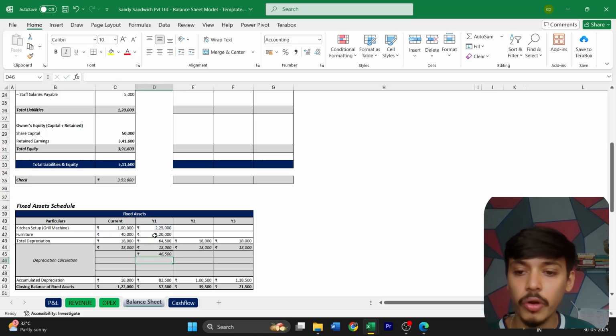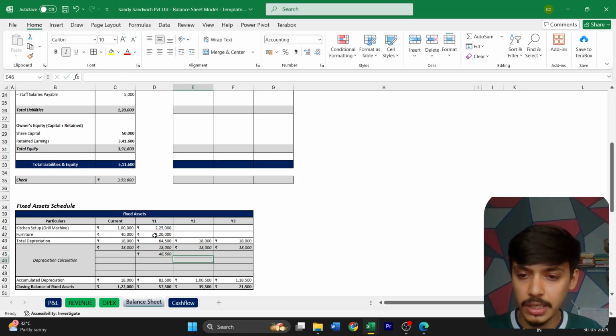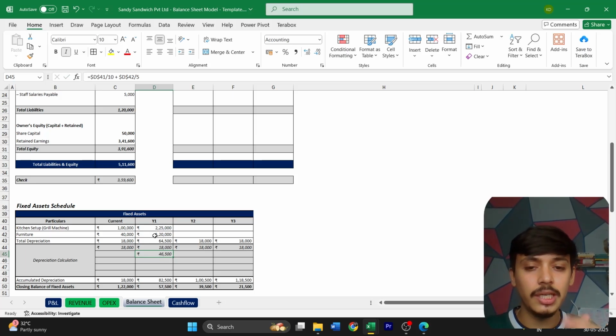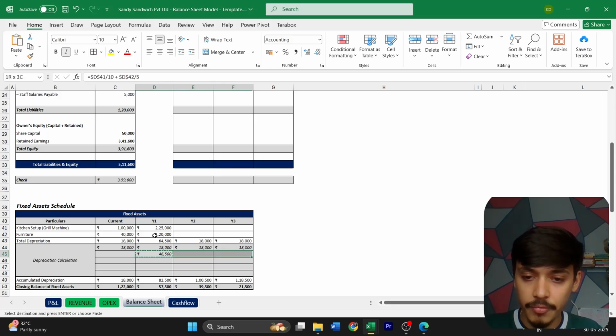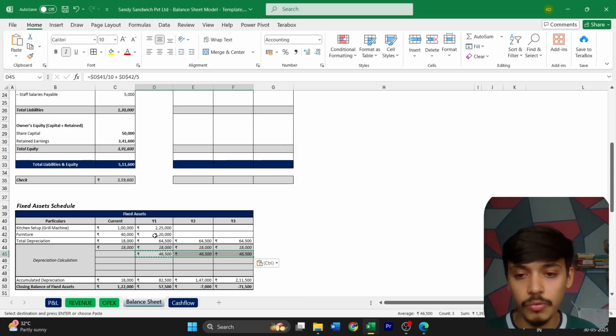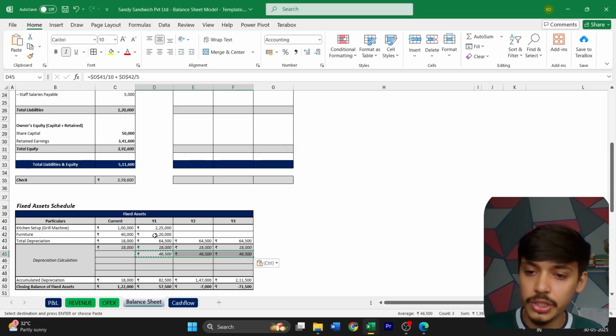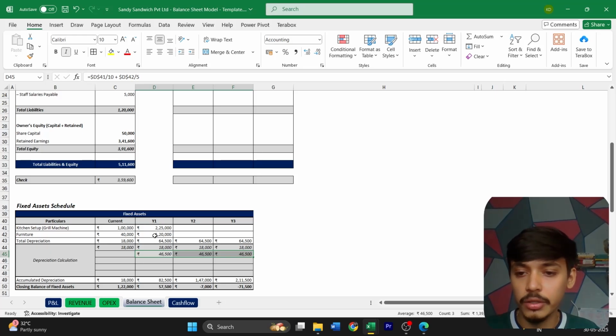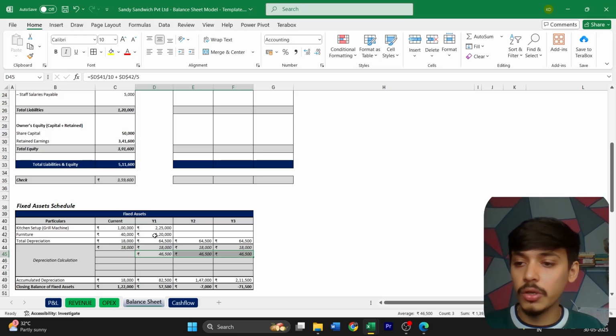Okay, so we have 46,500 as the depreciation for year 1. Now this same depreciation is calculated for the next 5 years because we have furniture for the next 5 years with us, and after that we will only depreciate the kitchen setup. But since we are modeling out for the next 3 years, both of them will be depreciated. So we will just copy paste this entire formula for the next 3 years. So 46,500 is the depreciation in year 1, year 2 and year 3 for the new additions of kitchen and